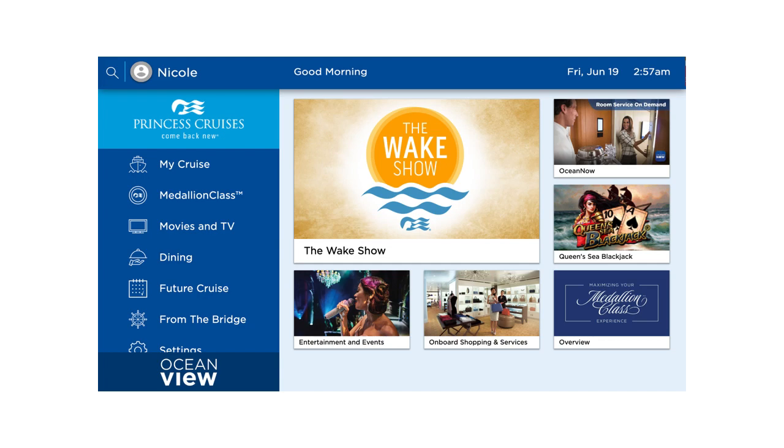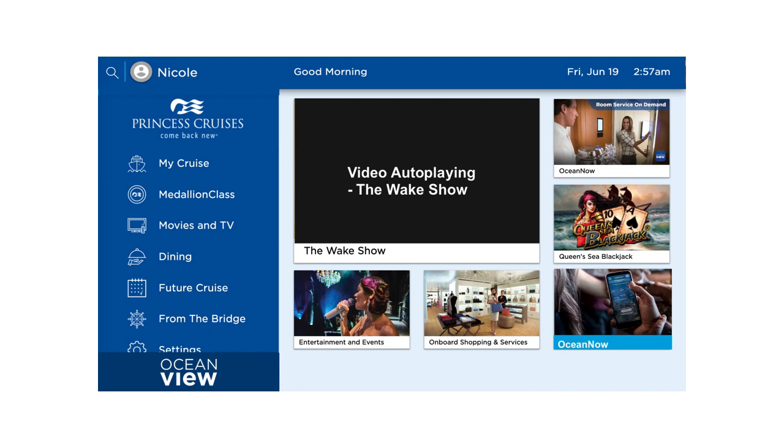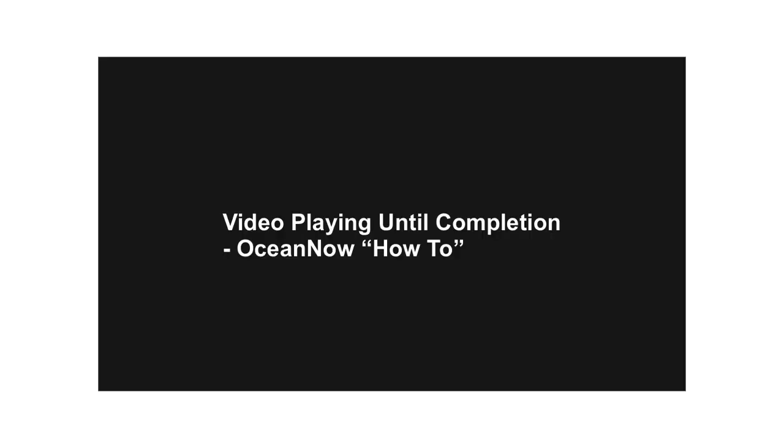television on, the wake show is available, and in 3, 2, 1, the wake show starts to play. After a moment, the user decides that they want to know what this Ocean Now thing is in the bottom right corner of the screen. They navigate over to it. They select that. This represents a non-LFI queue. The Ocean Now video plays until completion. It tells them about how Ocean Now is Uber Eats for the ocean, and then it returns them to the